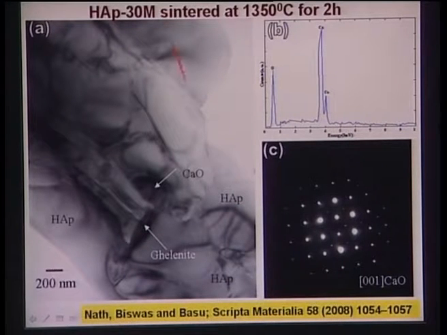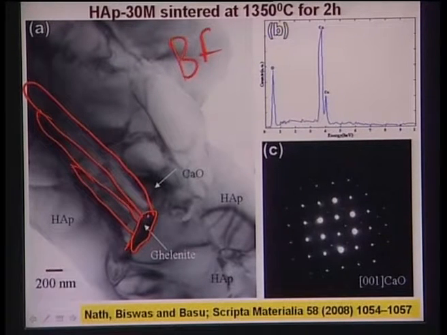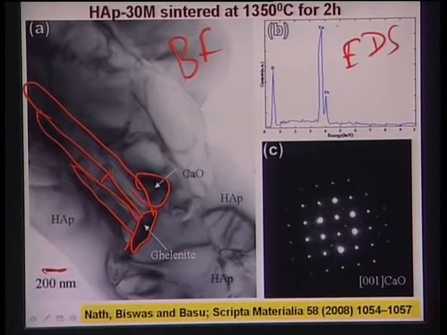Now this is more of a bright field image, which essentially tells you that there is a gehlenite phase here, which is a C2AS phase. These needles are essentially mullite needles, which have a very large aspect ratio of 8 to 10, and if you look, this is 200 nanometer, so essentially the width of these mullite needles is 200 nanometer. And also you have the CaO phase. How to confirm the CaO phase? If you look at the EDAX pattern, it only shows you calcium and oxygen. So that means there is no doubt, undoubtedly it is the CaO phase.